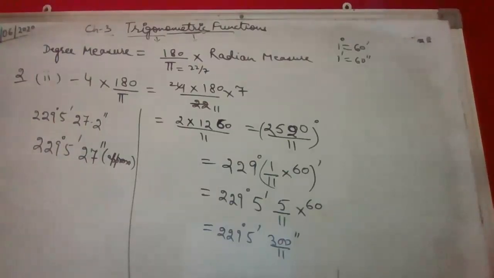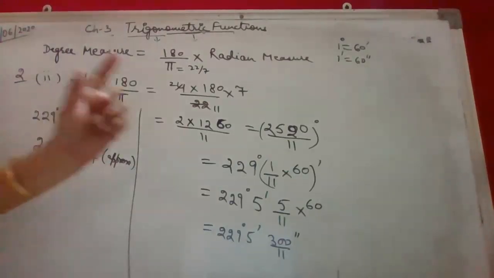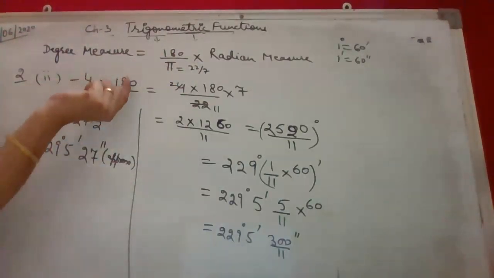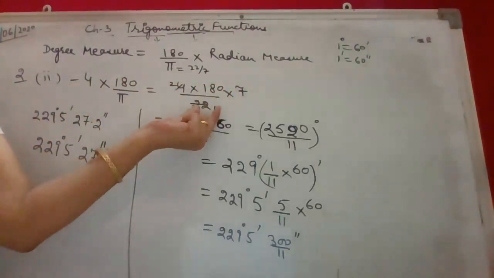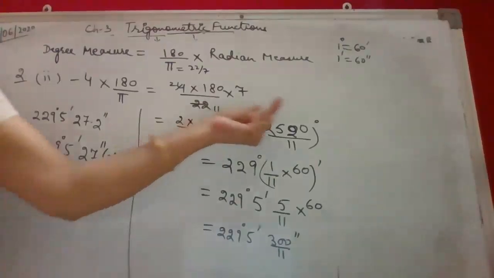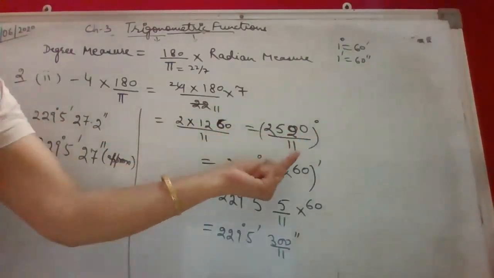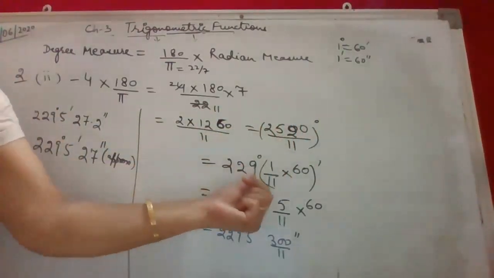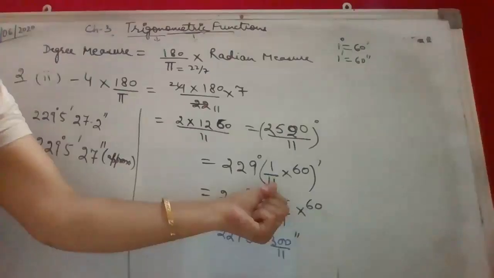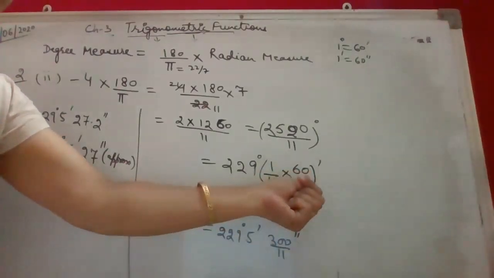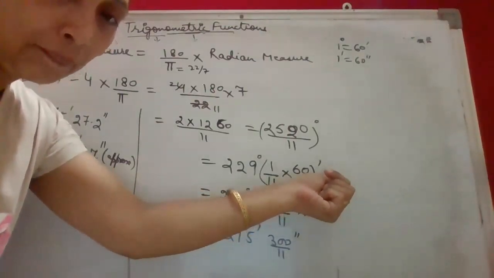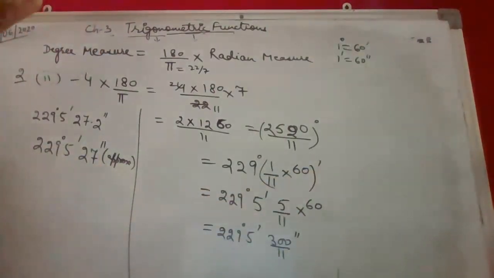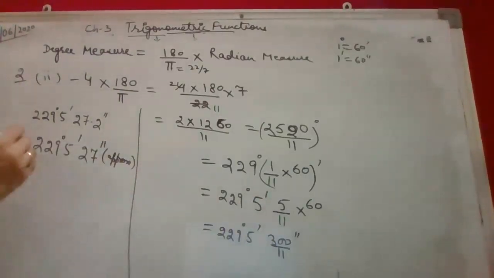So this is how we have to convert it. What we'll do, first of all, we will multiply it by 180 upon pi. Put the value of pi as 22 by 7. Multiply them. Degrees is there in fractions. Divide by 11. We get complete degrees. Whatever fraction is left, multiply it by 60 to get minutes. And we get the result. Apply a negative sign at last.